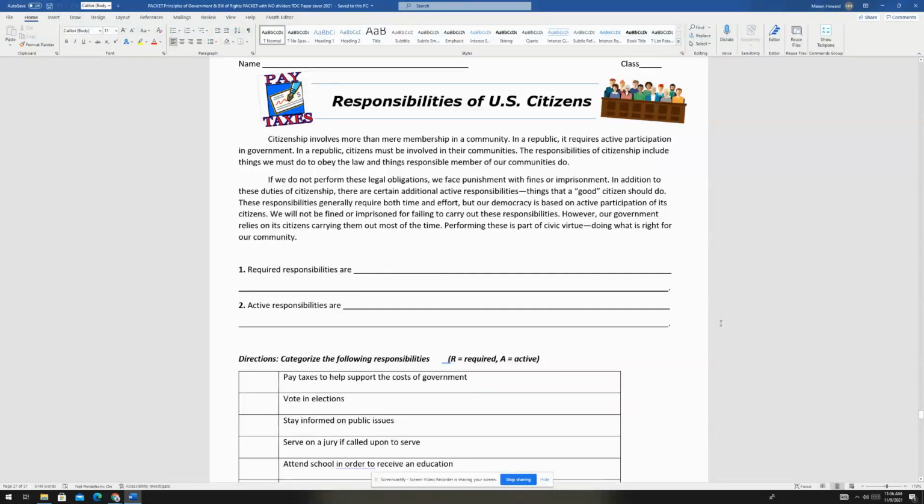All right, everyone should be on page 26 in your packet. Responsibilities of U.S. citizens. We're going to do this really quickly so you do not have time to be doing anything else. Ready? The person on the right-hand side, you're going to read the first paragraph. Citizenship involves. The person on the left-hand side, you're going to read the second paragraph. You'll have 60 seconds, and I'm going to wait. Ready, set, and go.